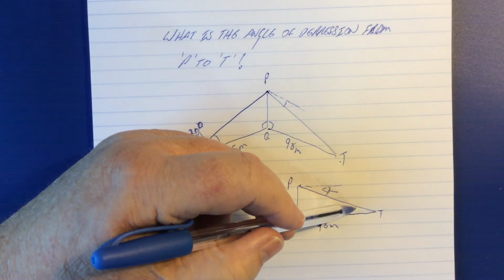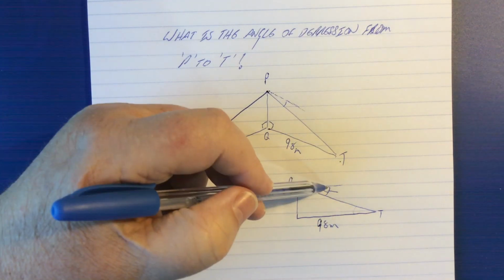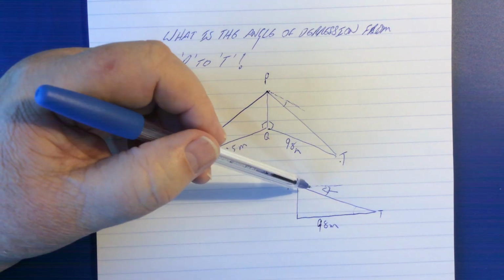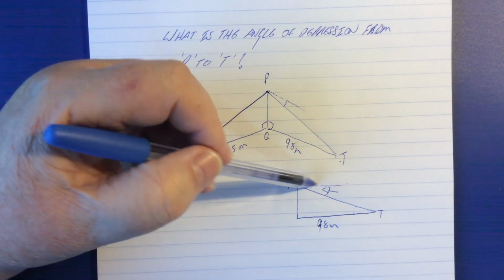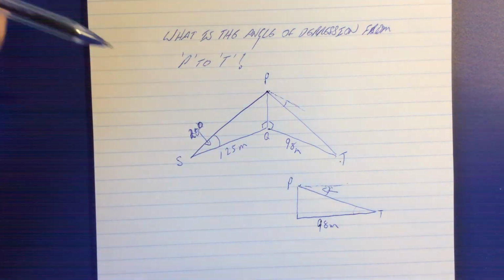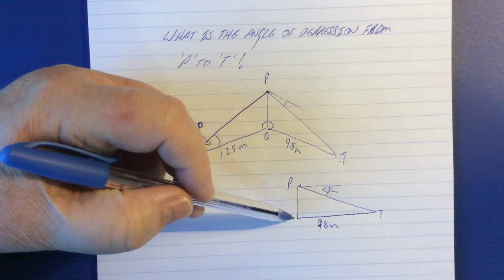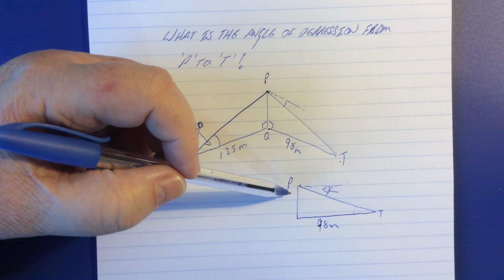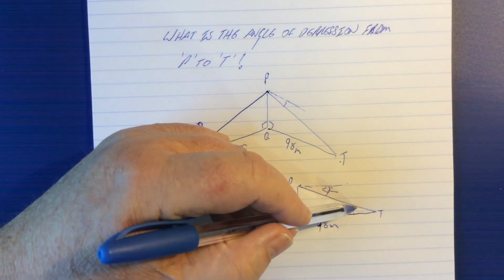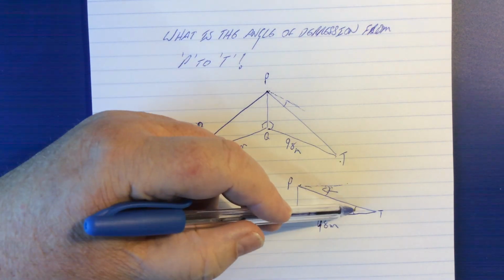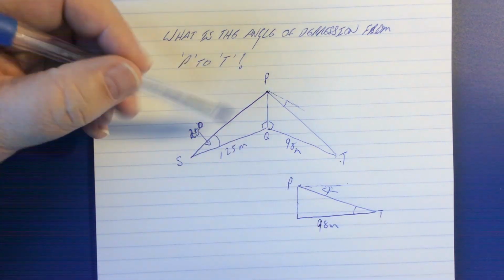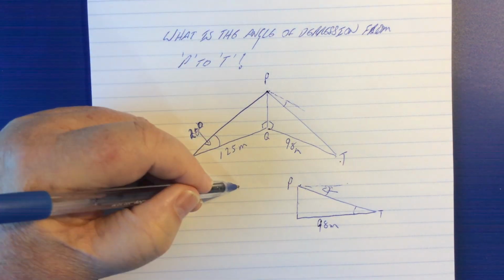So if we can find this angle, we can find that angle, because angles of depression and elevation postulate that the lines they run between are parallel. Okay, so how do we do that? Well, we need something more than we've got. We certainly need to find this angle. In order to find this angle, we need to find the height of this. And we can do that using this triangle here,